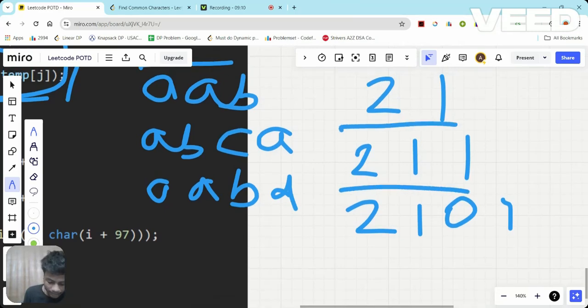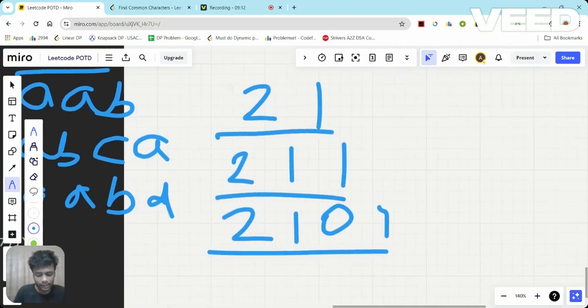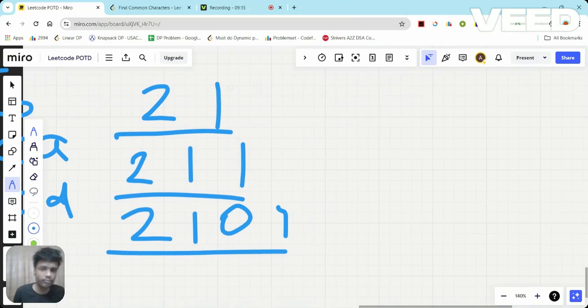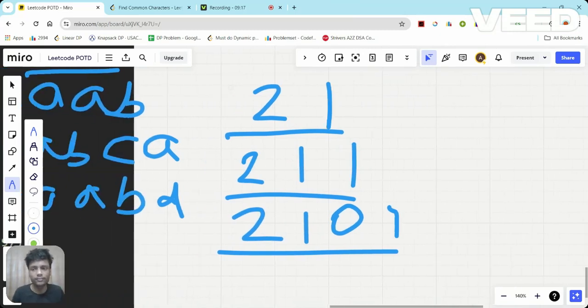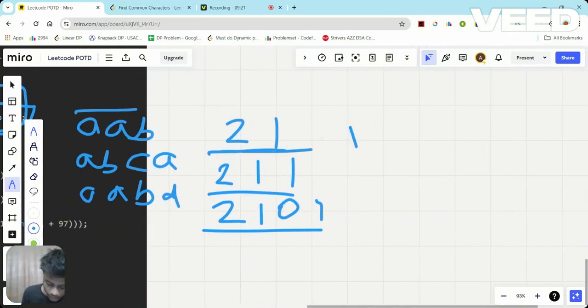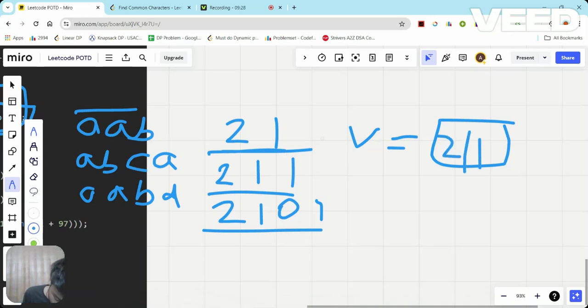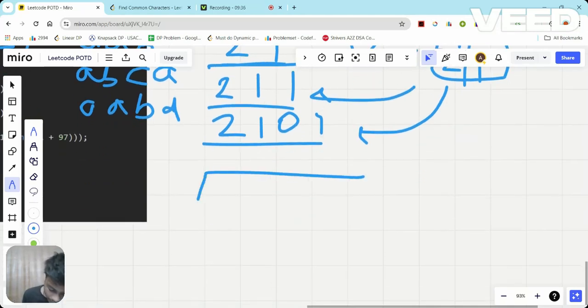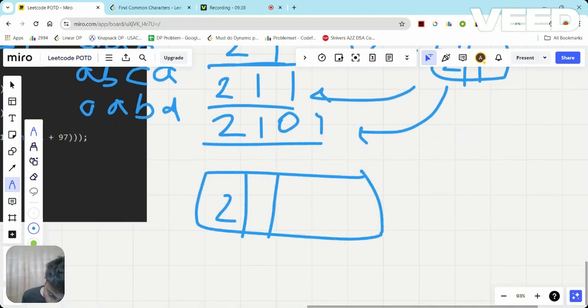These are the temp vectors, and I am comparing it with the value of INT_MAX that was in v. First time I'll compare it with 2 1, so the v vector will become 2 1. Then I'll compare it with the next one and take the minimum of this. Then I'll compare with this and again take the minimum. So the final v vector will be 2 1 and so on till 26.